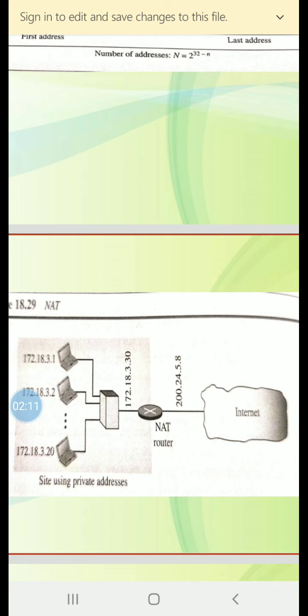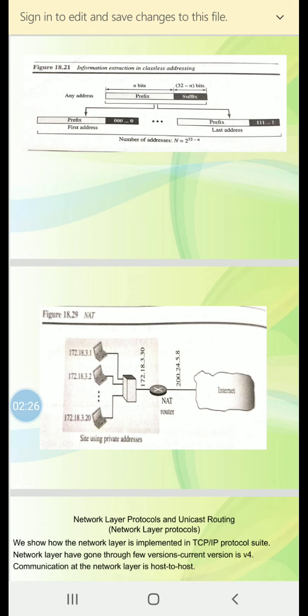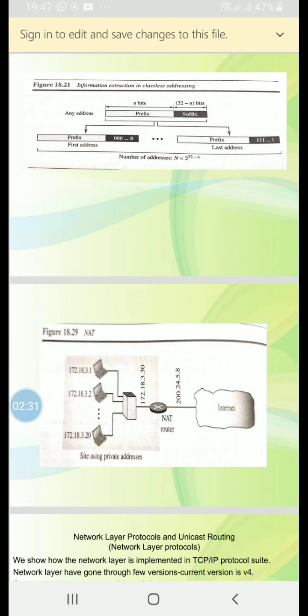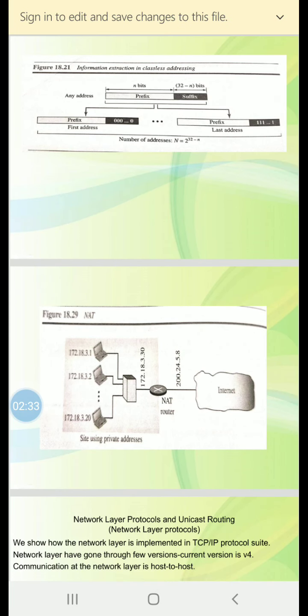Then when the response comes back from the destination, the router uses the source address of the packet, which is nothing but the external address, to find the private address of the packet.